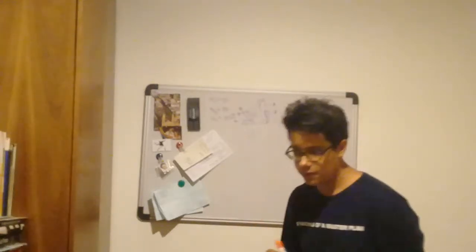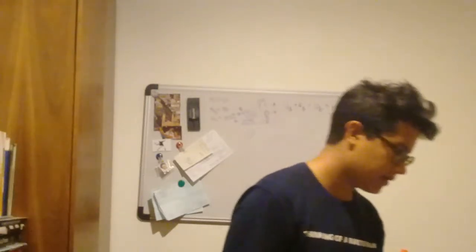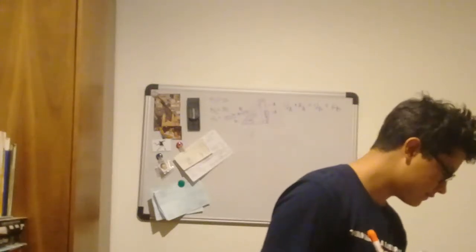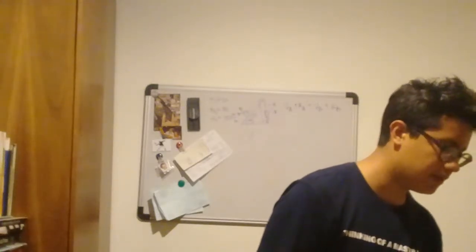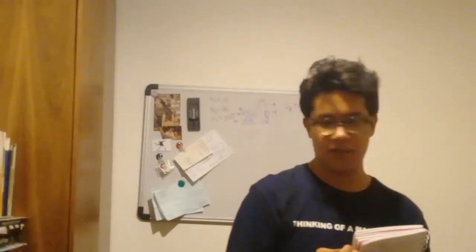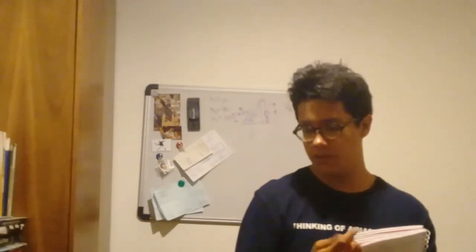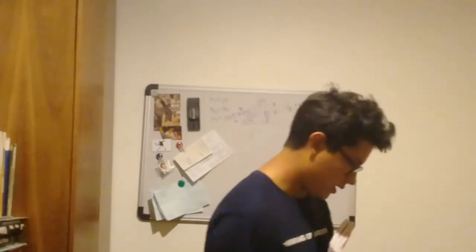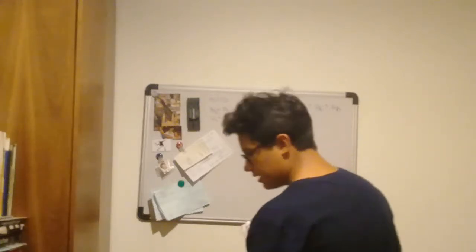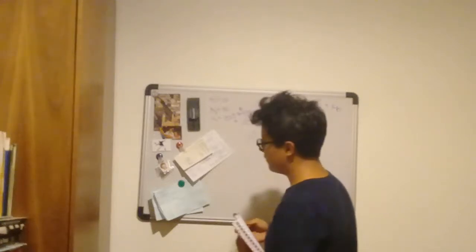So what we will have to do is add them in this example. So yeah, let's do it. So we know that there is no gravitational energy going through A,